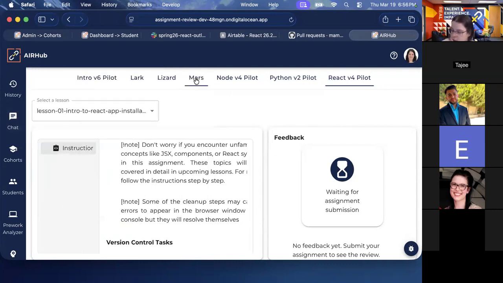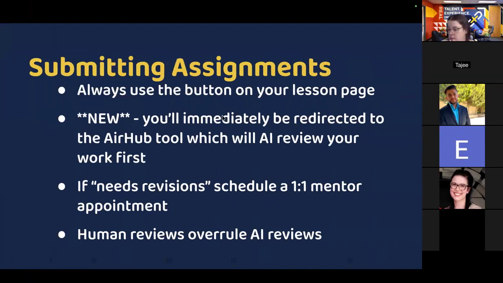Okay, so explore that this coming week or two also. Play around with it, play with the chat feature, look at the different menu settings and options and things like that, just to get yourself comfortable with it. The other part of the AirHub tool that is new this time around